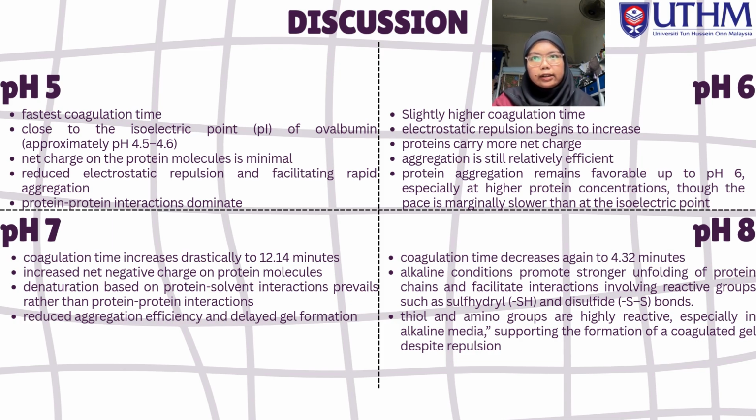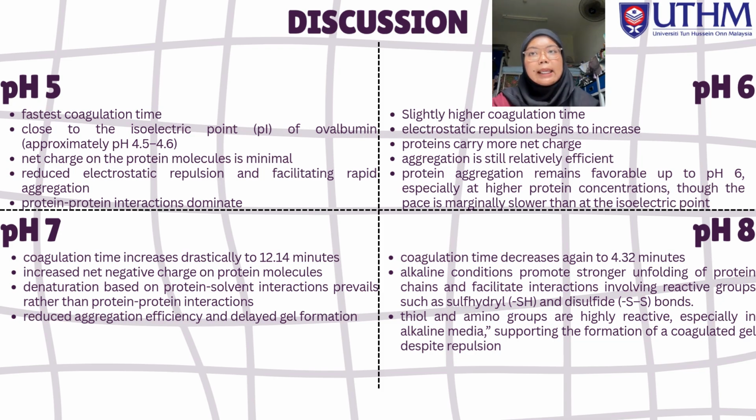For pH 7, the coagulation time increased drastically to 12.14 minutes, which is slower. This is due to the significantly increased net negative charge on the protein molecules, which enhances the electrostatic repulsion and hinders aggregation, even though thermal denaturation still occurs. The study by Kwang et al. 2021 explained that at neutral pH, denaturation based on protein-solvent interaction prevails rather than protein-protein interaction, resulting in reduced aggregation efficiency